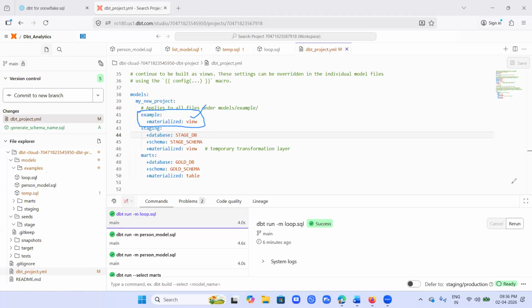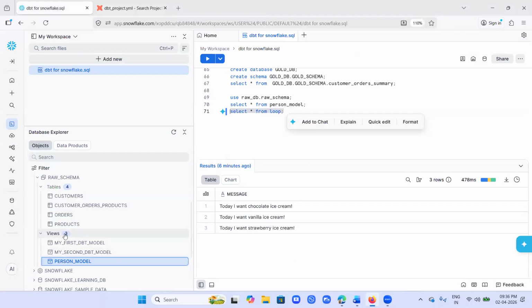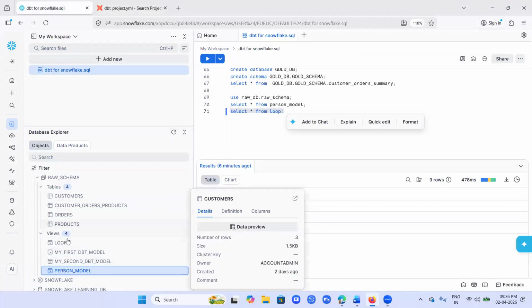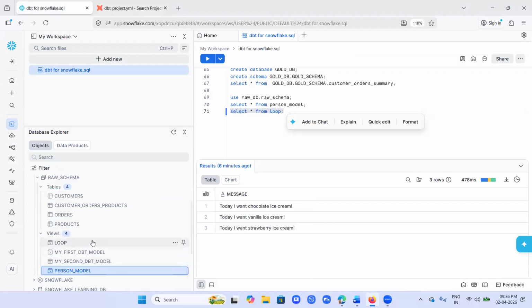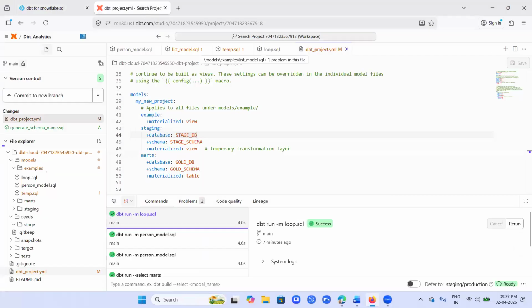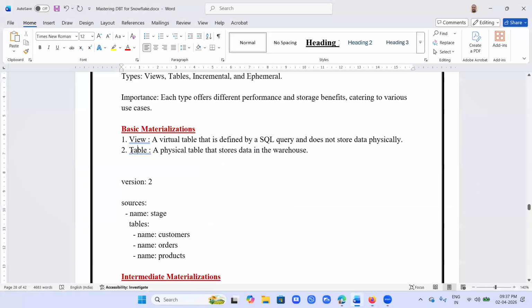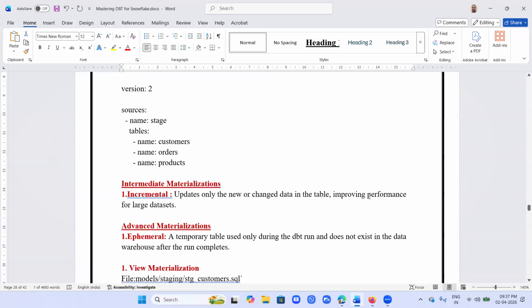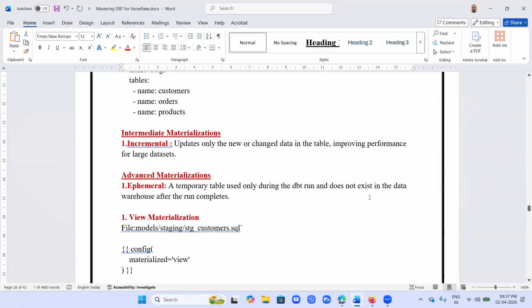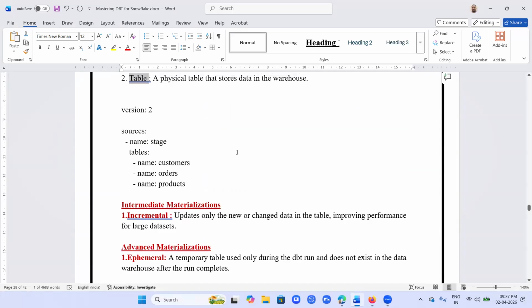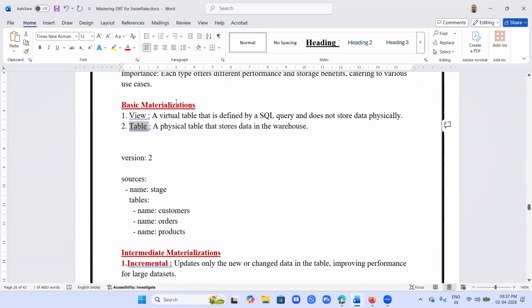Views are created, see, views are created, right? So in the previous example, person_models was created as a view. Or we can specify table. If you specify table, it will create a table in the data warehouse. We have already seen practical examples for basic